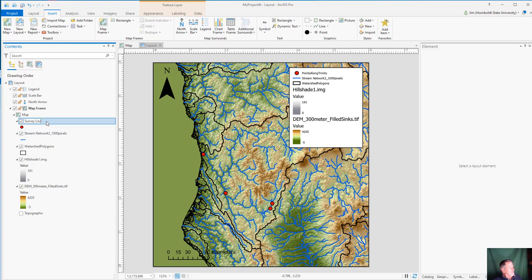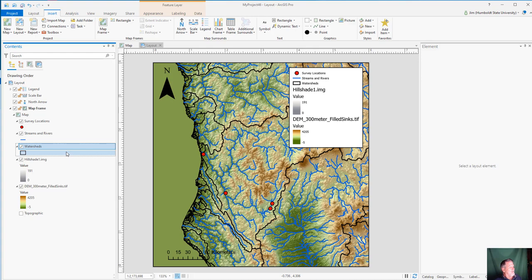And I'm going to rename that survey locations. And when you rename the layer, it'll automatically update the legend. Can't have underscores or anything that looks like what I have there. That's fine for a shapefile name. Let's call that Streams and Rivers. And then down here, we're going to call this